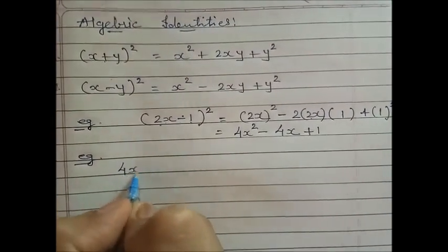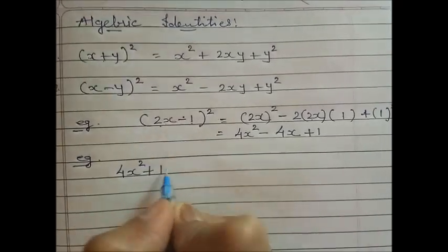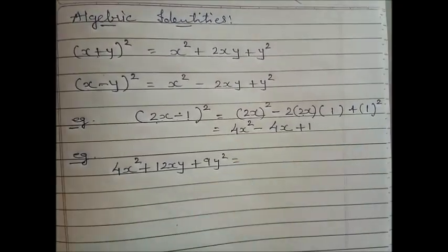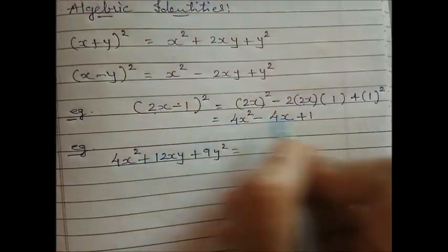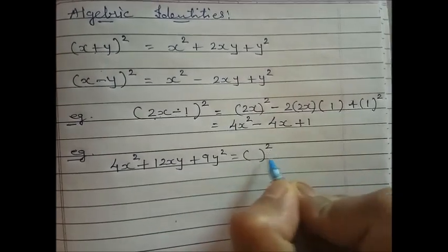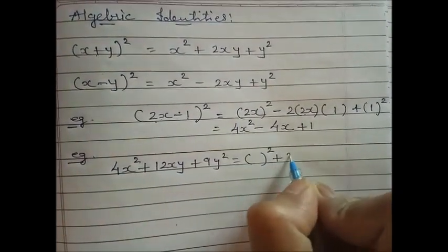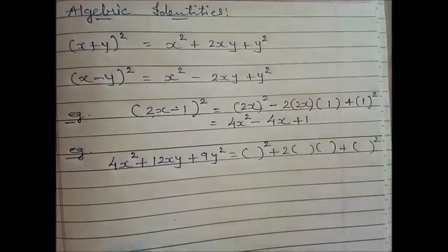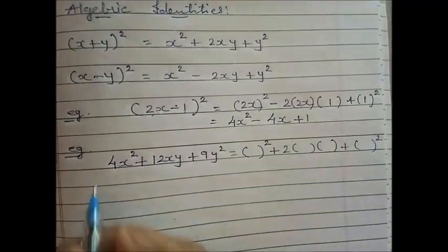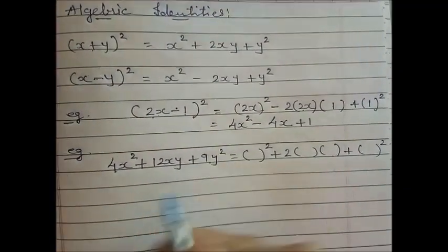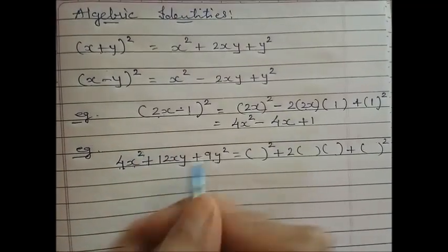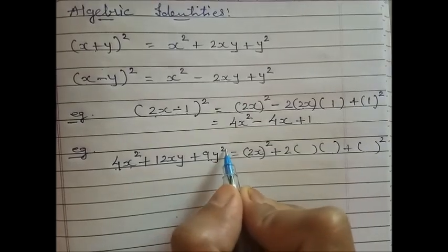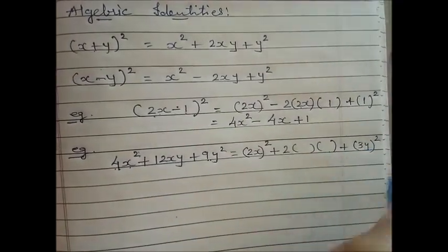It is 4x square plus 12xy plus 9y square. Now in this what to do? Same way, make the brackets, that is first square, here it is plus, so we will write plus 2 into 2 bracket, right? Then plus second square. Now forget about the middle term. See the first and last term, that is of square. Here it is 4x square, that means square of 2x, right? Now here 9y square, that is square of 3y, right?